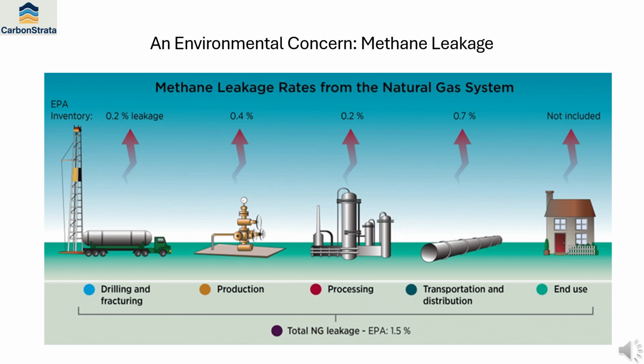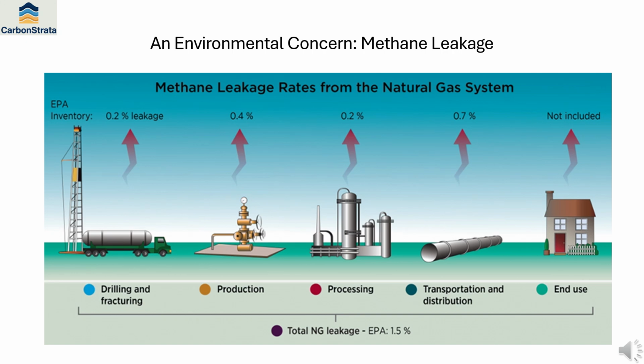While individual leakage rates may appear small, their cumulative impact can be substantial. Even modest losses reduce the environmental benefits of natural gas and contribute directly to climate change. Consequently, reducing methane emissions has become a major industry priority. This is achieved through improved equipment design, leak detection and repair programs, continuous monitoring technologies, operational best practices, and stricter regulatory requirements. Effective methane management improves environmental performance, enhances operational efficiency, preserves valuable product, and strengthens the long-term sustainability of